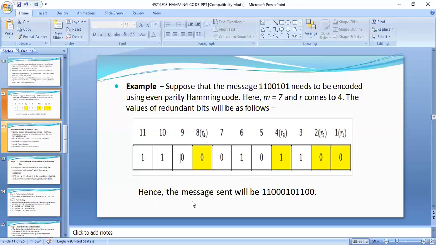So the total Hamming code word generated is like this: 11 000 10 11 00. This whole message is sent to the receiver. So the Hamming code word is generated at the transmitter, and after generation, the total Hamming code is sent to the receiver.